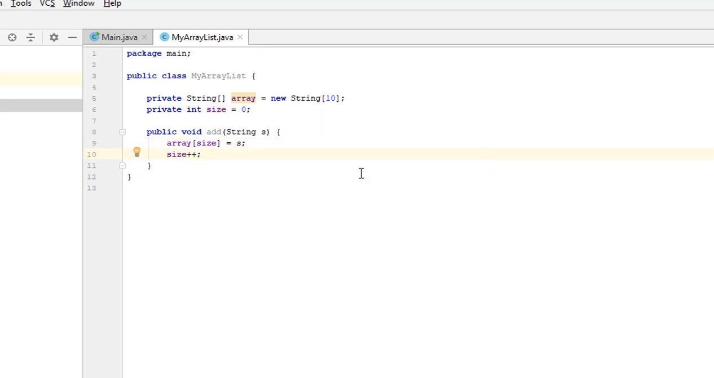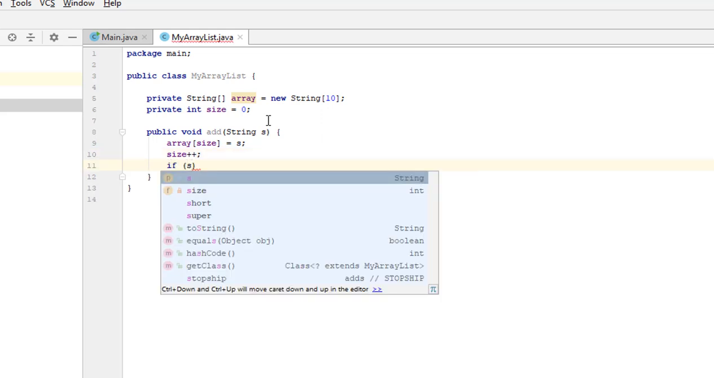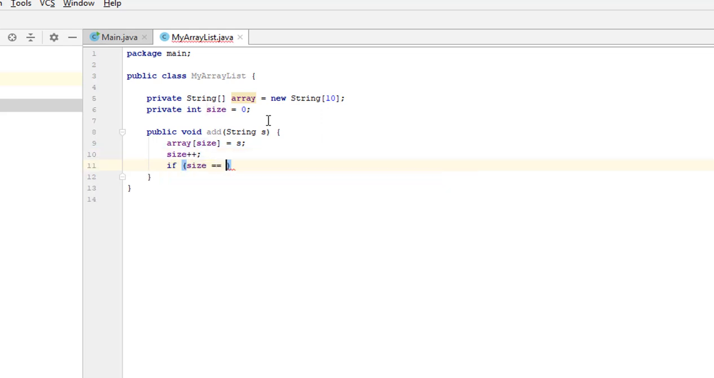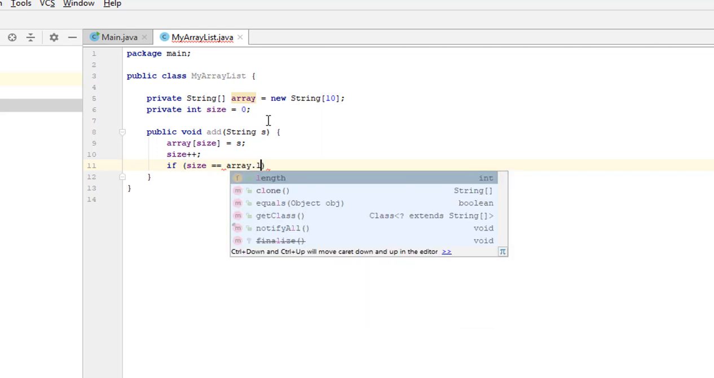Now we must check if our variable size has become equal to the array length. If it has, we must multiply the array length by 2. For example, size is 10, and when we call method add, it will try to assign a new value to the array with index 10. But this array does not have index 10, so we'll encounter an error. That's why we need this to be checked. Write if size equals the array length,